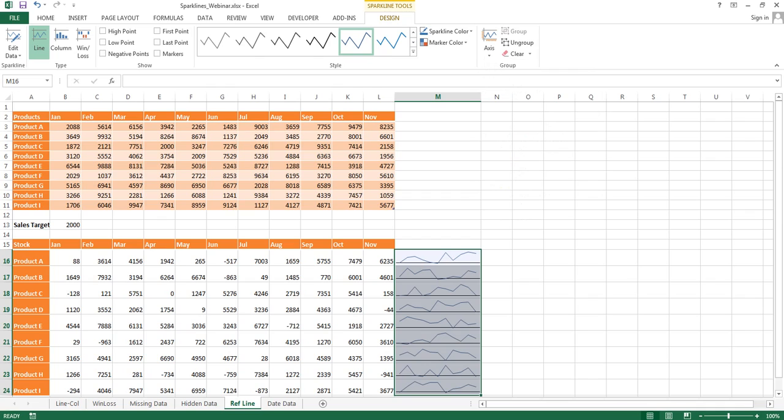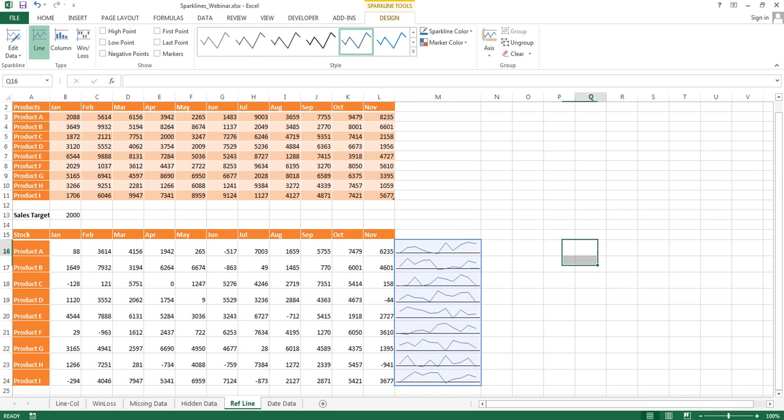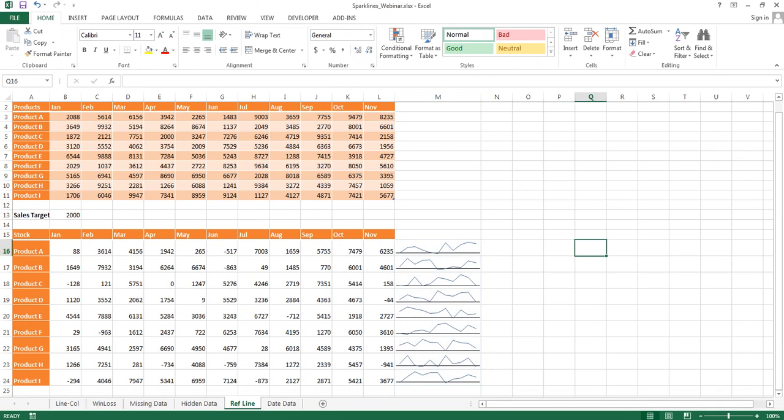Once you click on show axis, this is how it's going to come up. So we've got a spark line, and the black line which I had plotted by using show axis shows you the target line. So over here we can see how many times we were above our target and how many times we went below our target. What are the sales which went below the target? So this is how we're going to plot our spark lines with reference line in between.